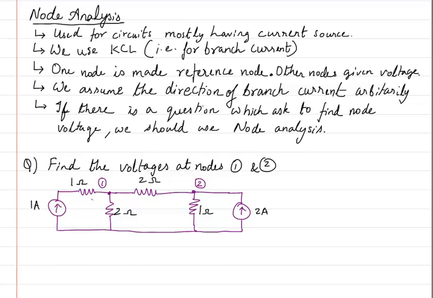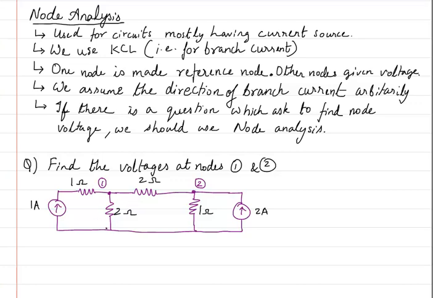The good thing about nodal analysis is we can assume the current in whichever direction. Now there are textbooks which ask you to assume in a certain way, that ask all the current to be either entering or all the current as leaving. My suggestion would be, don't go for any particular rule, just follow this single rule: whenever you are given a circuit, draw the branch currents arbitrarily.